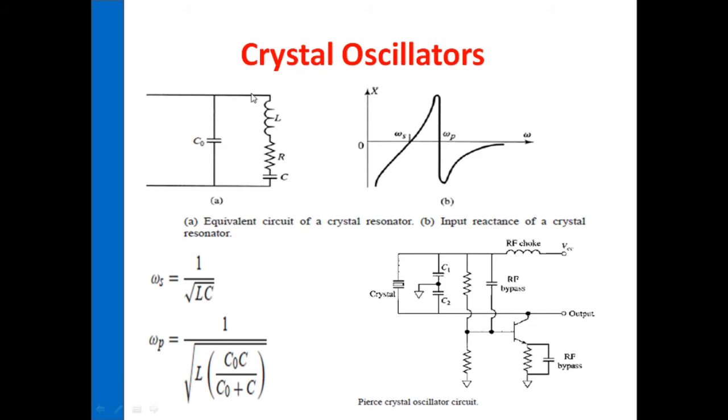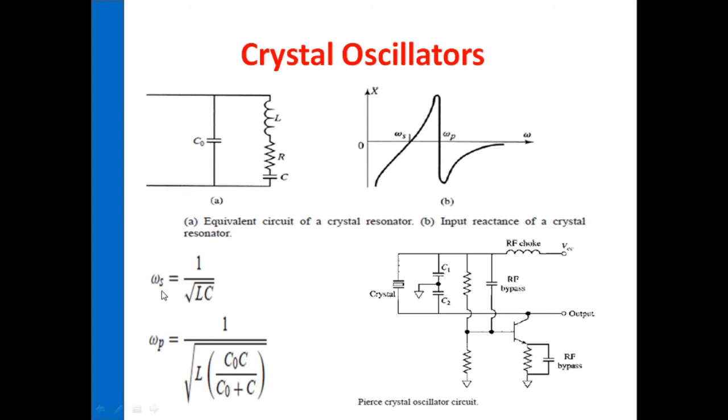Now this is the equivalent circuit for the crystal oscillator, and in most multiple choice questions they will ask about the equivalent circuit of the crystal. That consists of a series resonance circuit as well as a parallel resonance circuit. So it will produce a series resonant frequency and a parallel resonant frequency. Omega S and omega P represent the angular frequencies belonging to the series resonance circuit as well as the parallel resonance circuit.